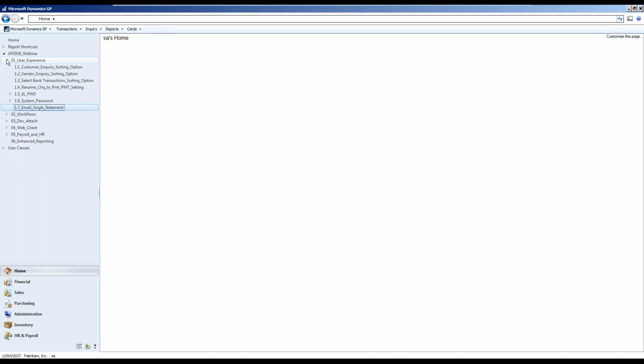Moving over from the user experience, we're going to go into workflows. Now, workflows, what's workflows? Workflows is a powerful tool in GP which automates processes and helps you save time. It is pretty much an approval process for documents, master records, or batches. And this defines the workflow through the system showing who must approve it and the conditions under which they must approve. So I've had questions about, like,